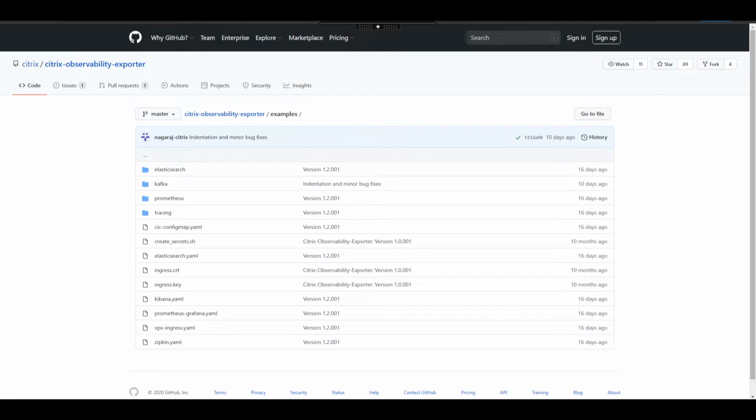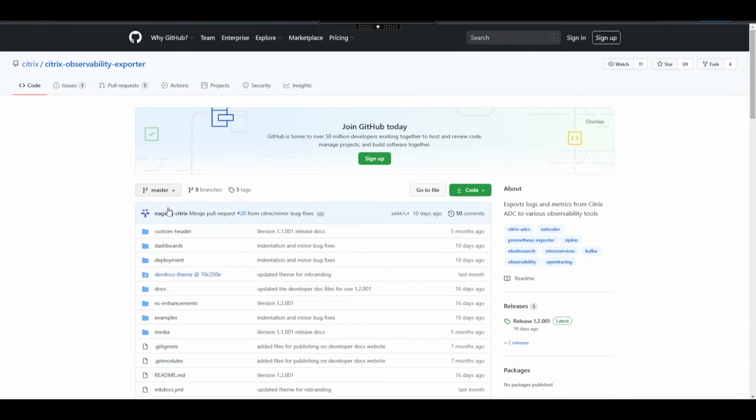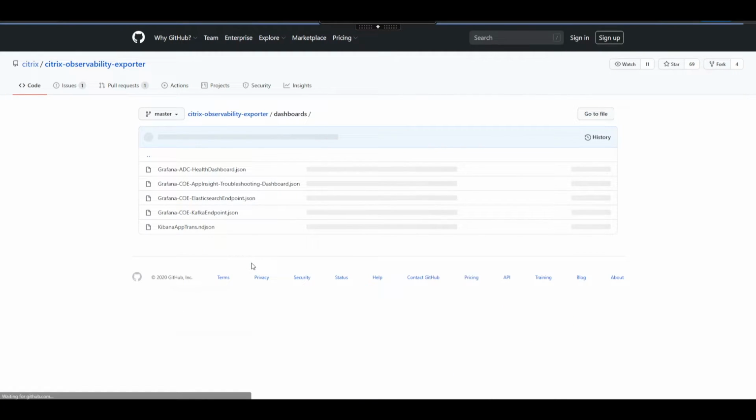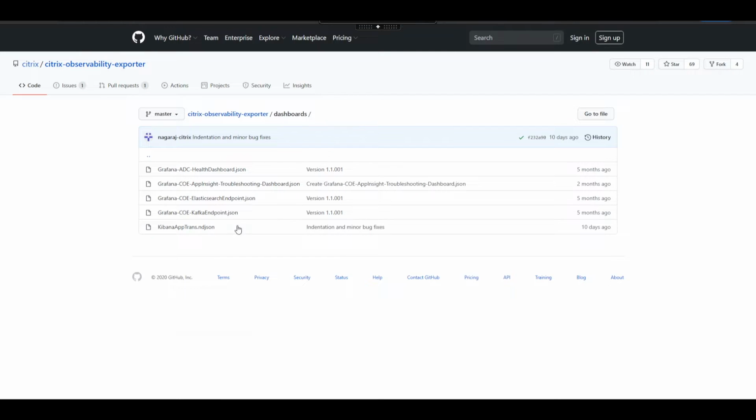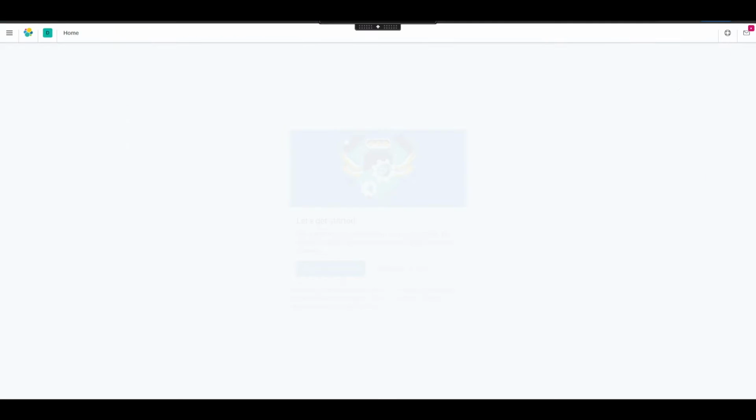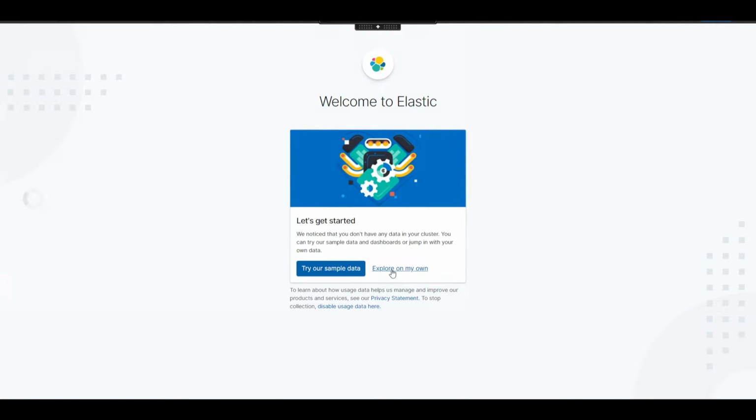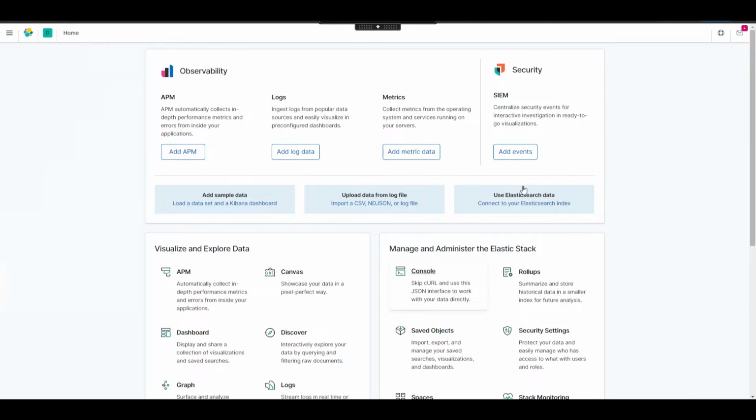So Elasticsearch is coming up. So we also have certain dashboards pre-built for just a quick deployment. So we have our Kibana apptrans.json file. I have pre-downloaded it, and let us go ahead and import that. So connect to your Elasticsearch index.